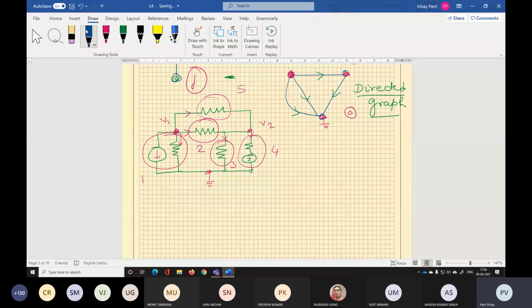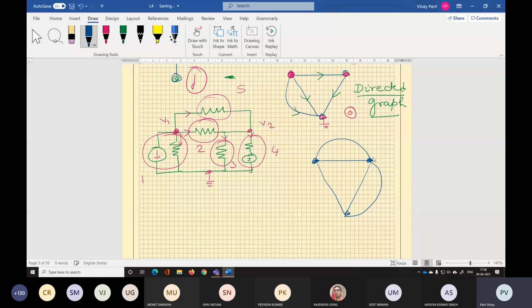Draw the graph and assign the directions. So we have node 1, node 2, node reference, 1 element, 2 element, 3 element, 4 element, and 5 element.